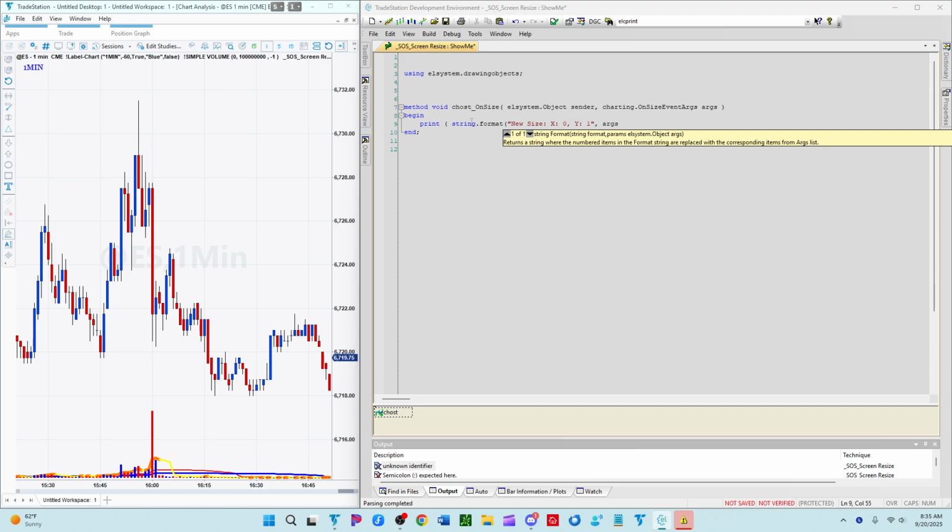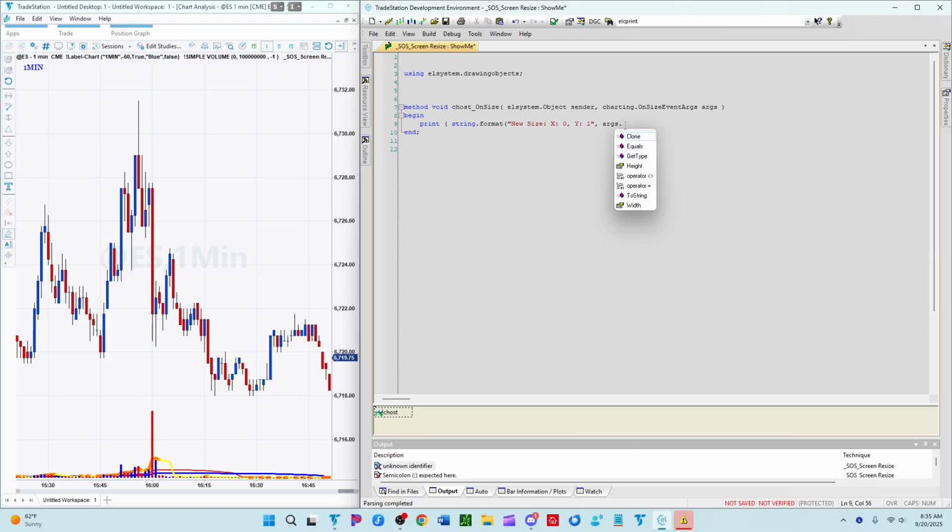This is args. What happened here is when we resize the chart, the sender is the ChartingHost, and so we can get information from that, such as args.width and args.height. Okay, so we're going to put that in curly brackets,